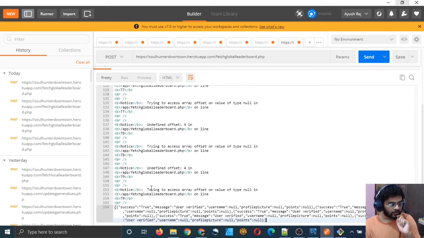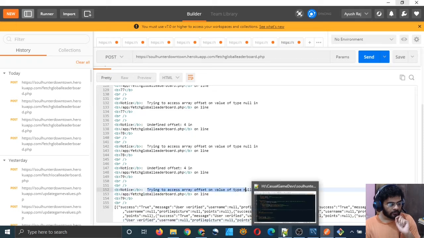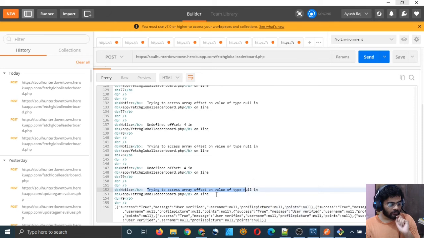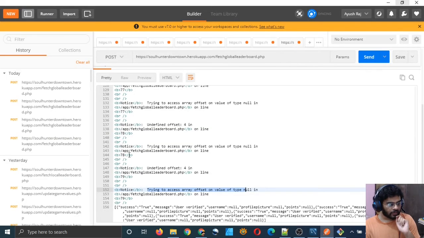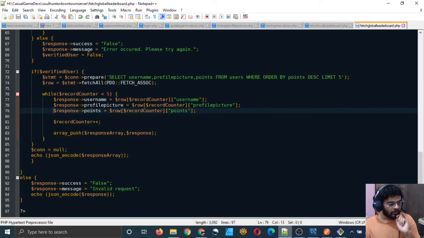And this is coming because of trying to access array offset on value of type null, which is on line 79, and you can see the line number is 79 and sometimes 78 also. In 79 and 78, the thing is that for some users the column profile picture and points is null. That's why this warning is coming.